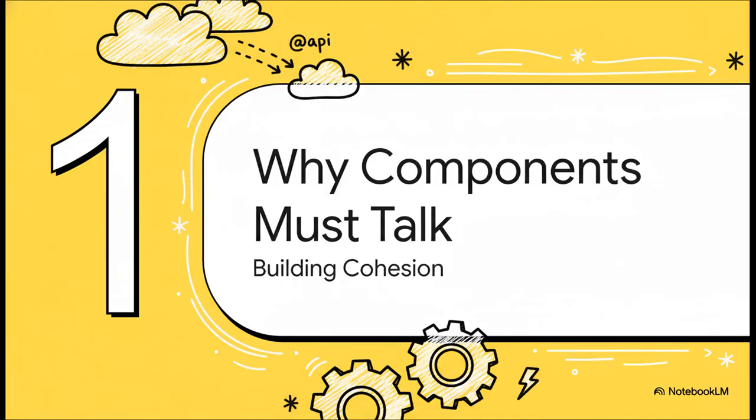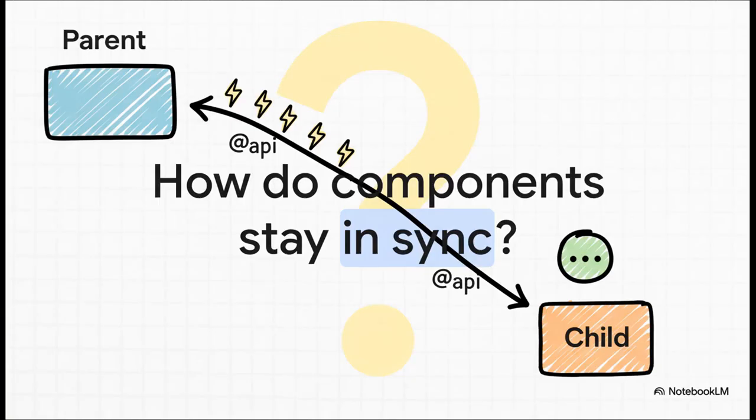So, first things first, why do we even need components to communicate? Well, it's all about building an application that feels connected and whole, not like a bunch of separate parts just thrown on a page. I mean, think about it. Most of the time, you've got several components working together. If they can't share information or tell each other when things happen, you just have these isolated islands of functionality. The whole point here is to solve that problem, to keep everything in sync so the user has a smooth,